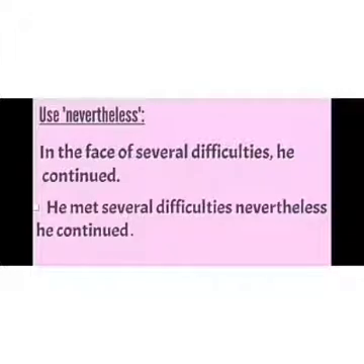Then nevertheless, what do you mean by nevertheless? Okay, it means that in